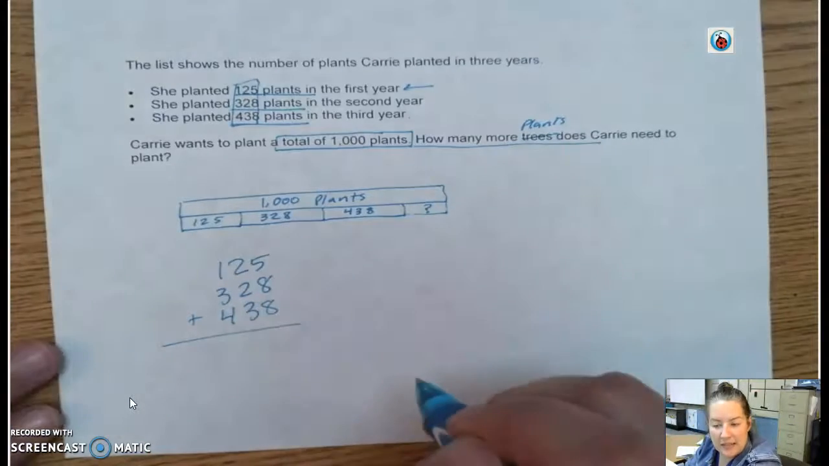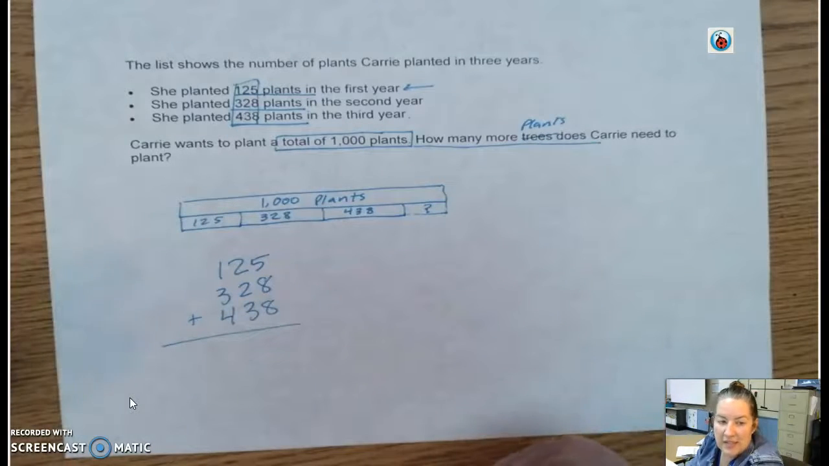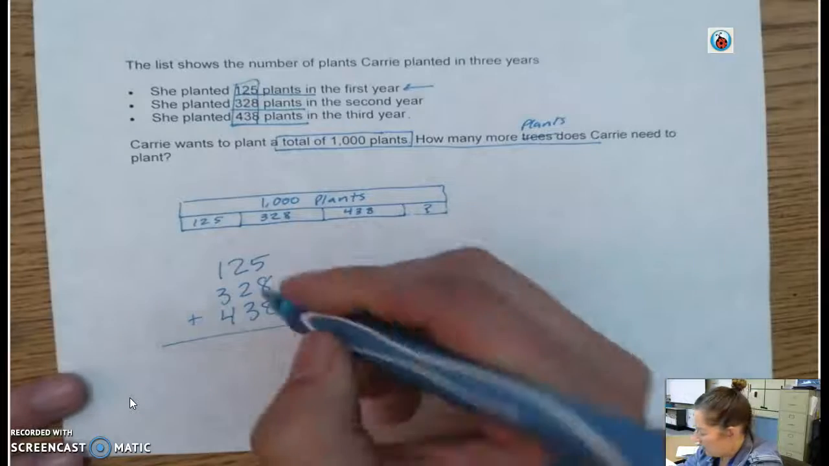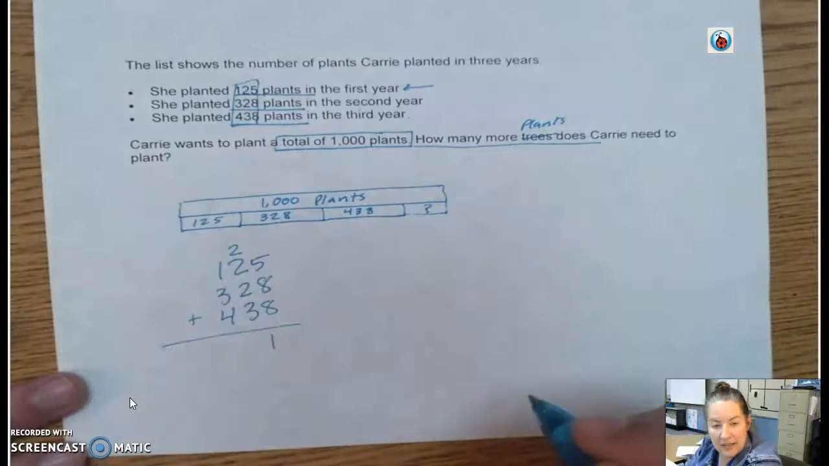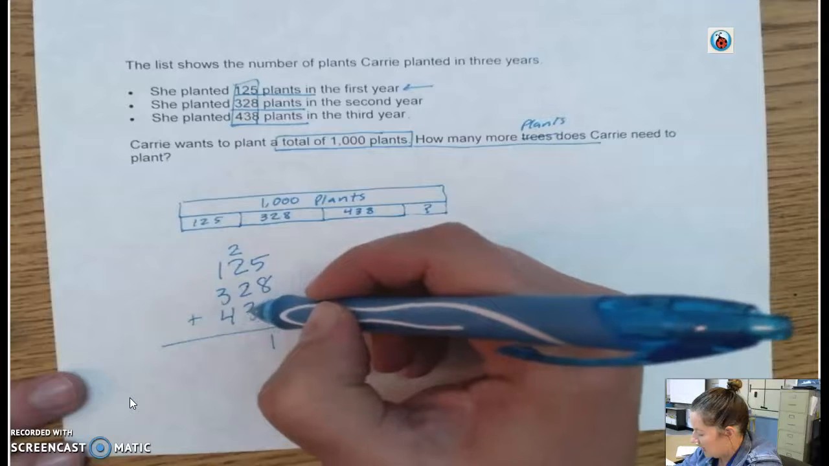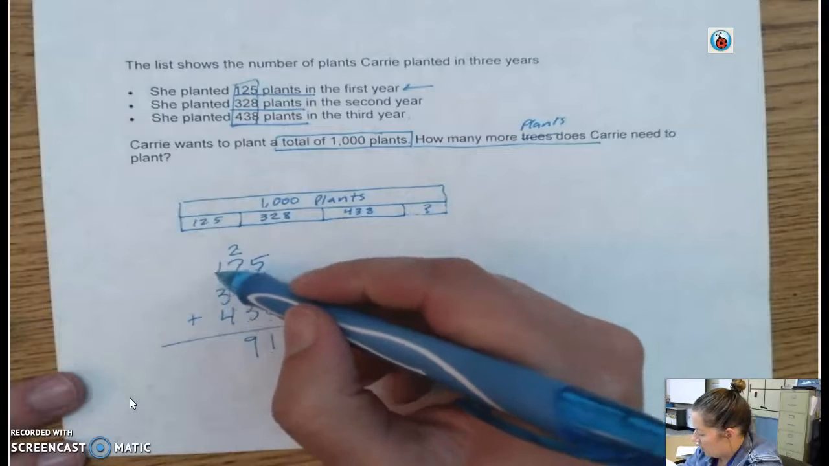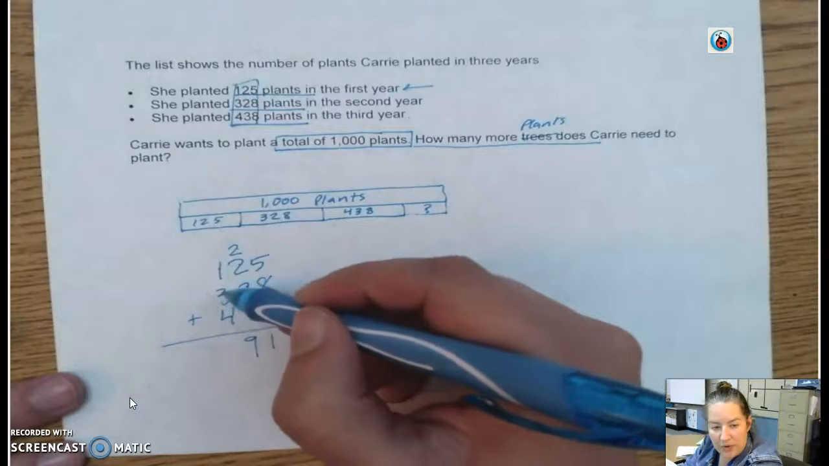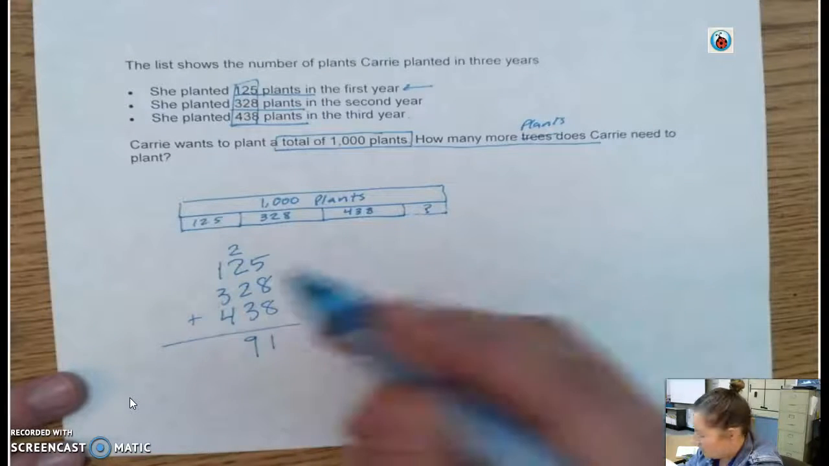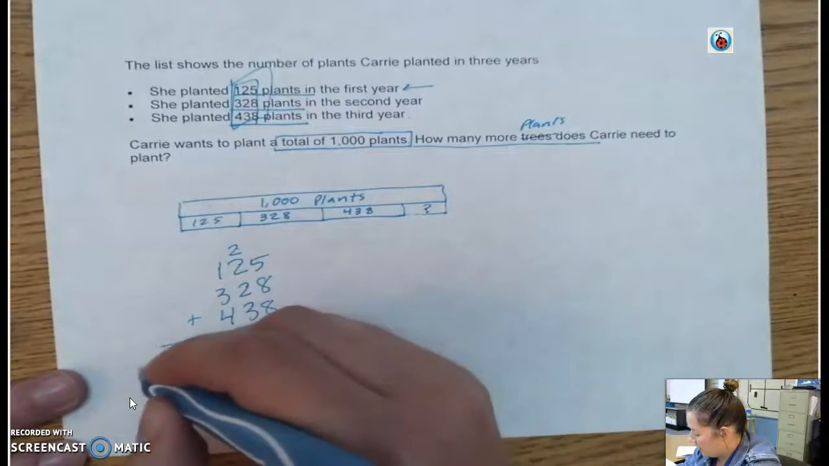All right, let's add the ones column. 8 and 8 is 16. 16 plus 5, let's count. 16, 17, 18, 19, 20, 21. Okay, let's add the twos column. 2, 4, 6, 7, 8, 9. 9 in the tens column. Now the hundreds place value. 100, 200, 300, 400. 400 and 400 is 800. So I know in these 3 years, she has planted